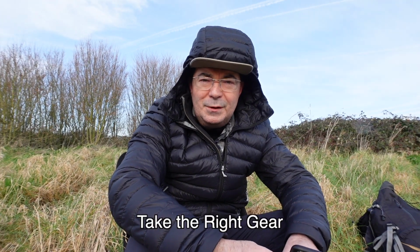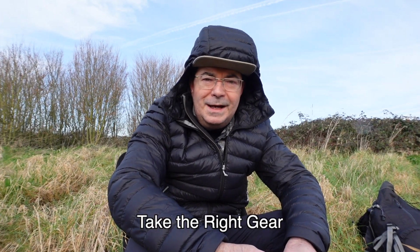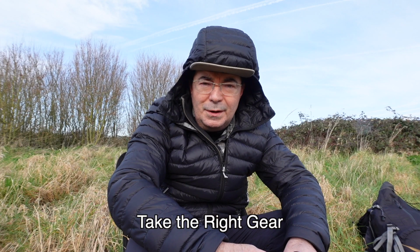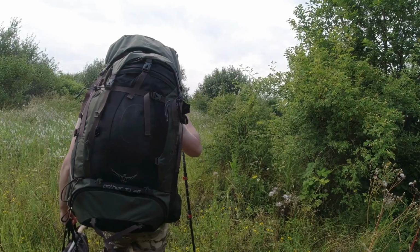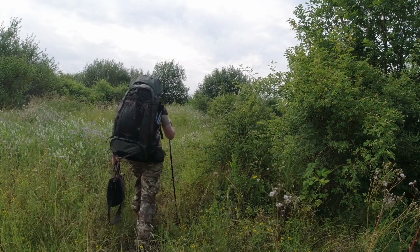So the first thing for a successful stealth camp is to make sure you've got the right gear. I try to stay as minimal and lightweight as possible, as I don't want to be carrying so many things, but it really depends on where you are in the world. In the summer you don't need much kit, in the winter you've got to carry everything, like a heavy sleeping bag and all that sort of stuff. So it really depends where you're going to do your stealth camp, but you need to have the right gear